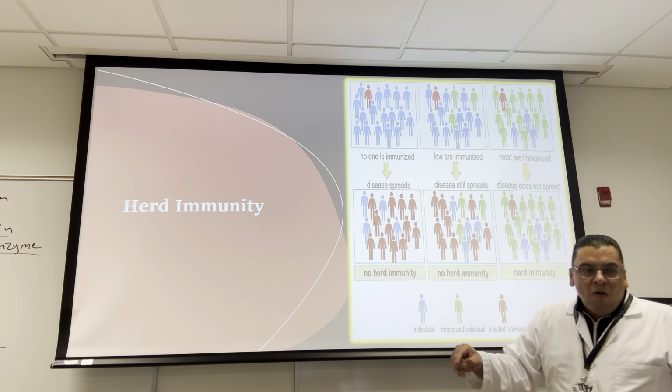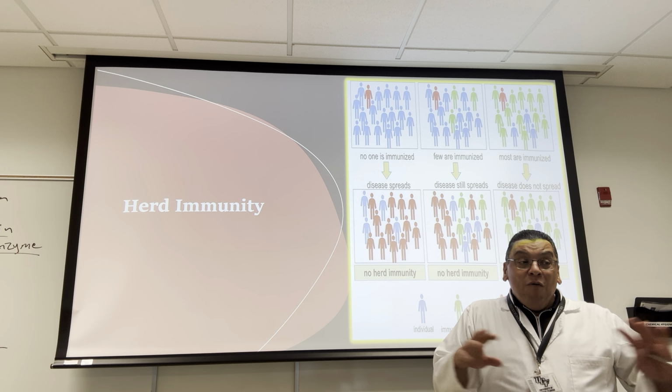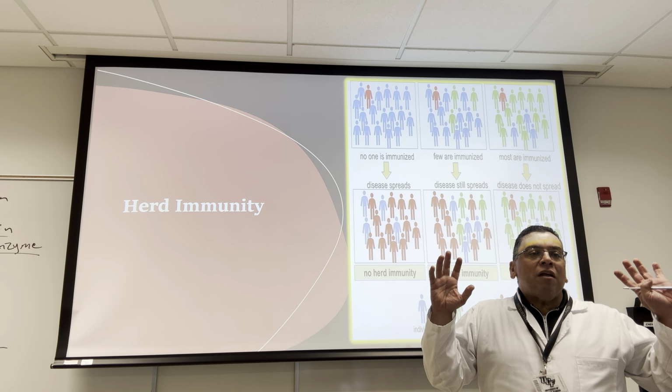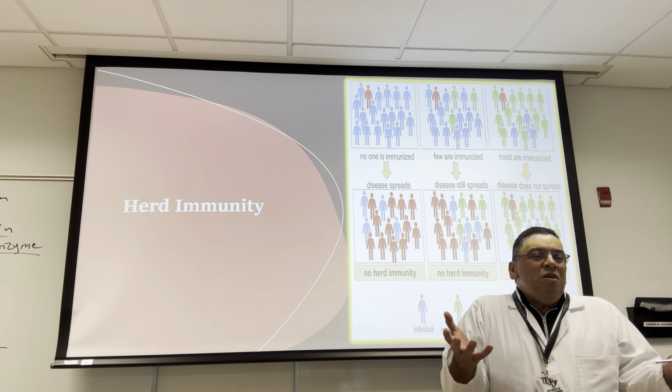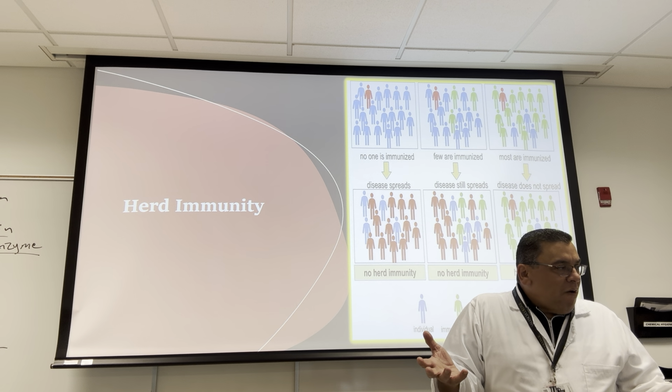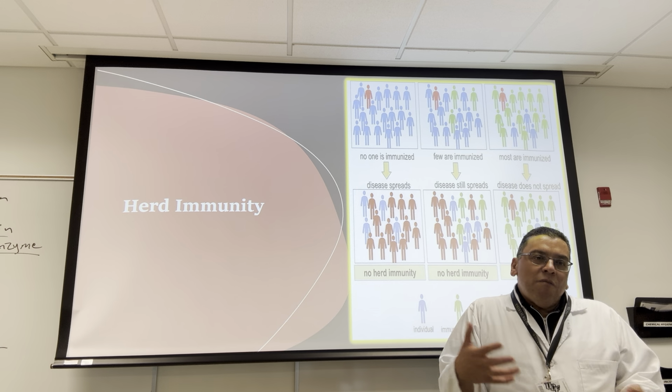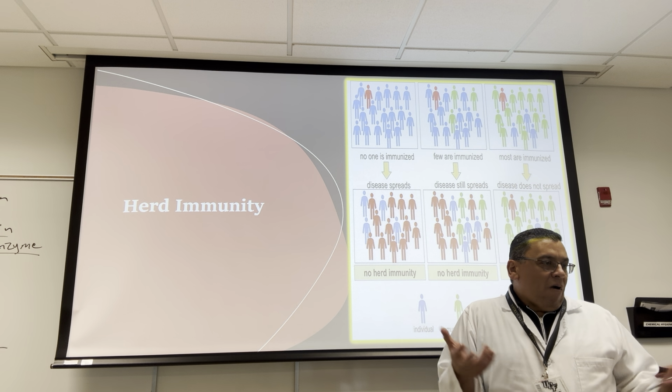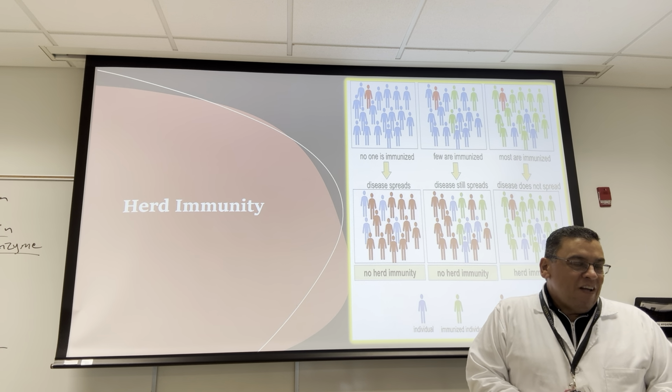The next person that walks into this room without being vaccinated is automatically protected. Why? Because who is he gonna get the pathogen from? He gets it from another person, right? Well, but we're all good. And that's what they were